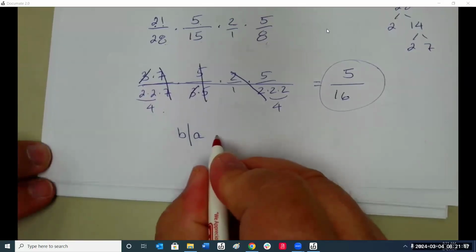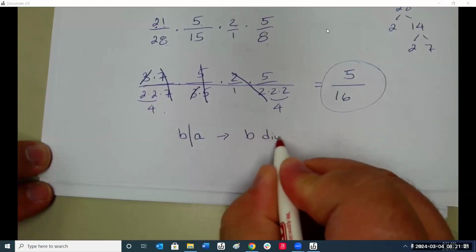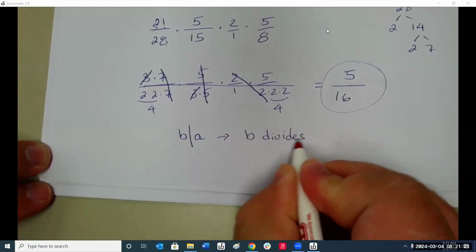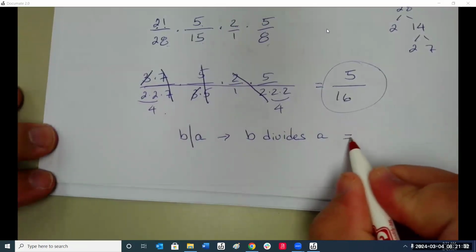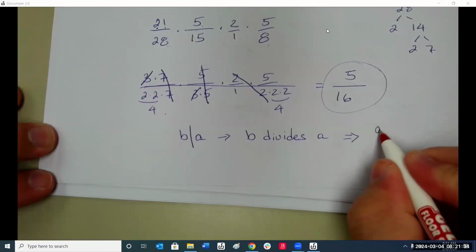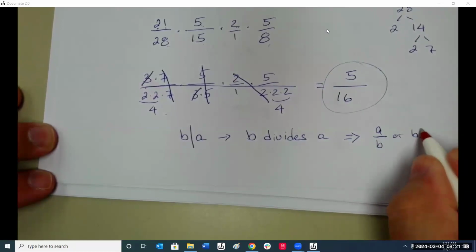The way you read this is B divides A. Which means it looks like this. Or